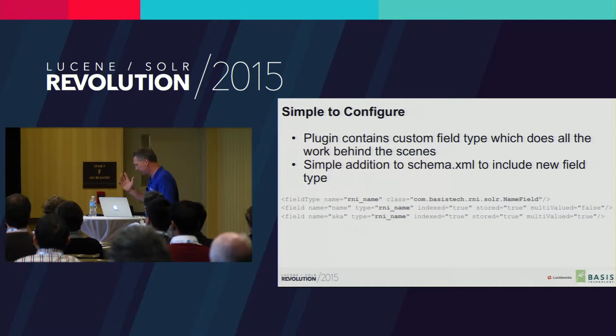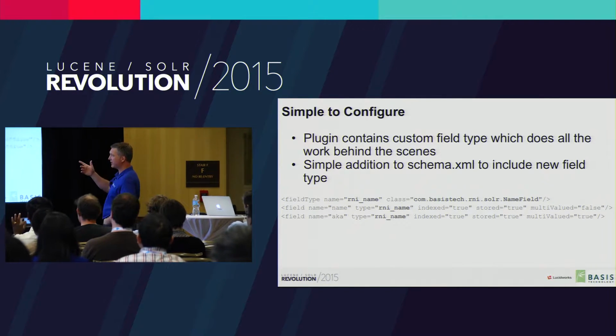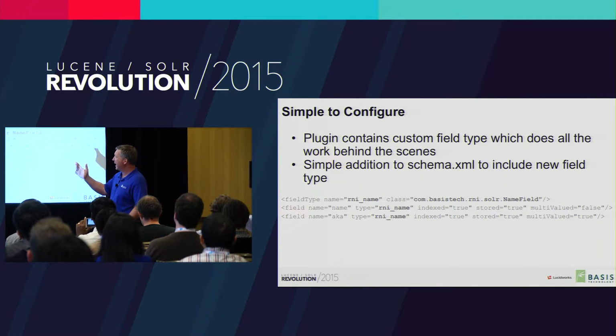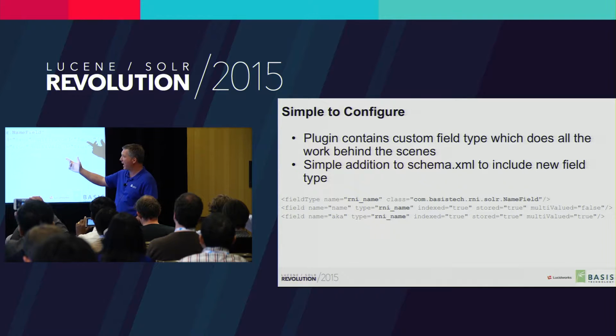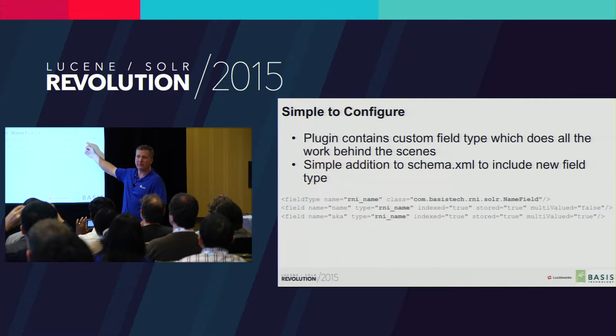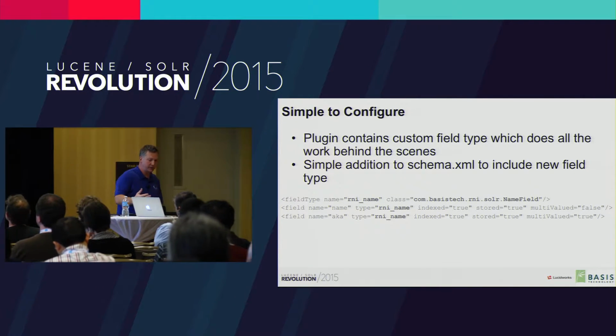And it's very simple to configure. It's simply adding a new field type and new fields to your Solr config. And once you've added this type, you can add single name fields, like the primary field in the AKA example that I mentioned earlier, and get that right into your configuration. Once you've done that,